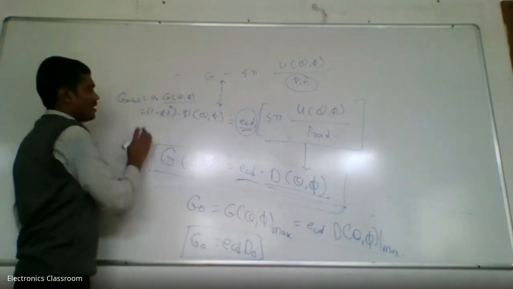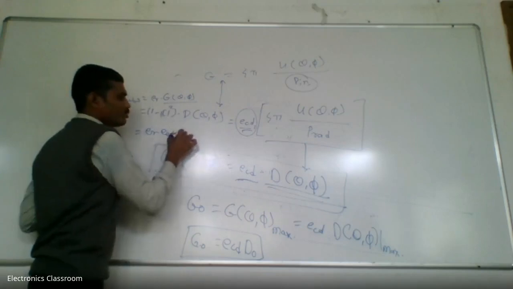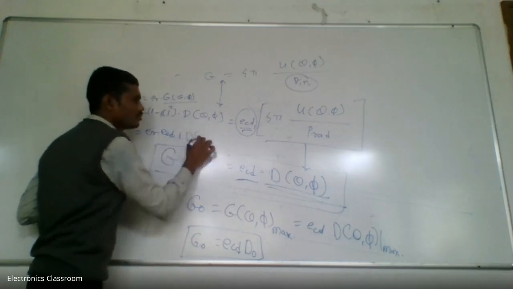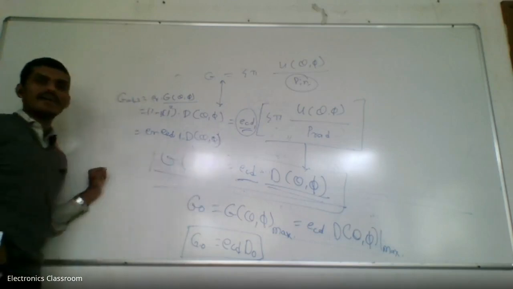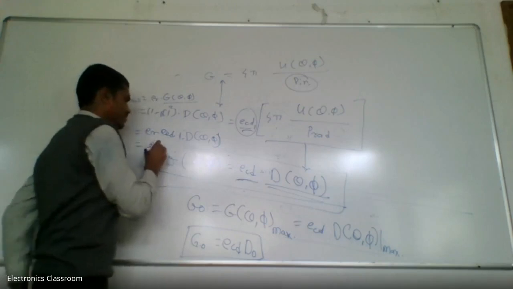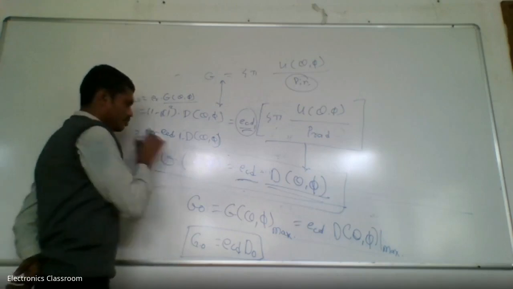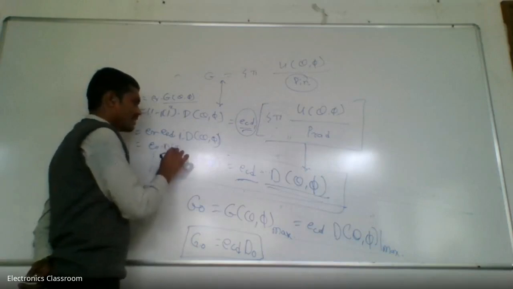Now once again, the above equation can be rewritten by using ER into ECD into D into theta comma phi, and your final equation may be rewritten by using the total efficiency into the directivity of that antenna,